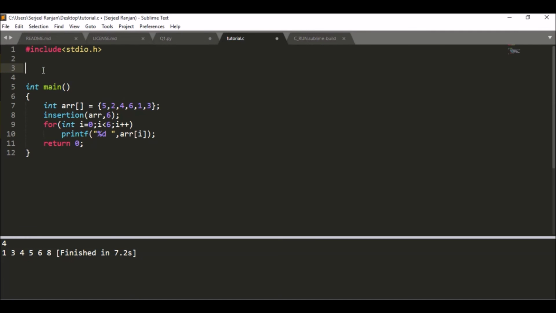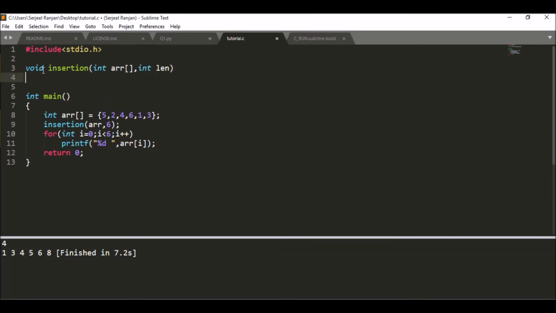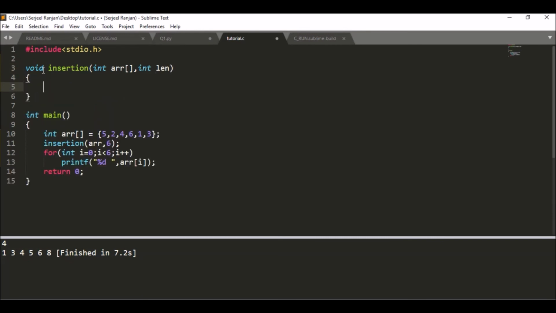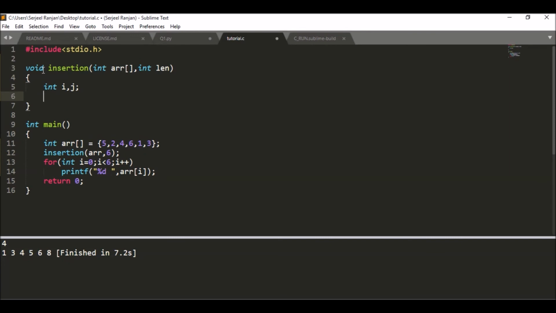Alright, so our main function is ready, and now we are going to write the function definition. So this function is of type void, and it accepts an integer array and the size of the array as len. Okay, so let me start by declaring the initial variables which I considered in the demonstration, integer i, j. And as you remember, our i value started from the first index and went to the end of the array. So I have to write a for loop saying i equals 1, i should be less than the length, and i should increment every time.